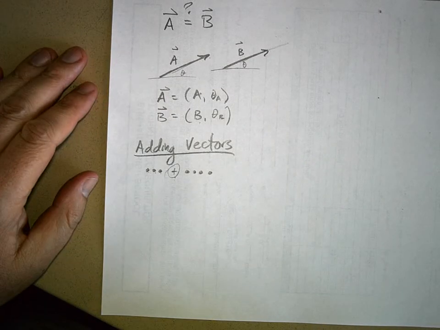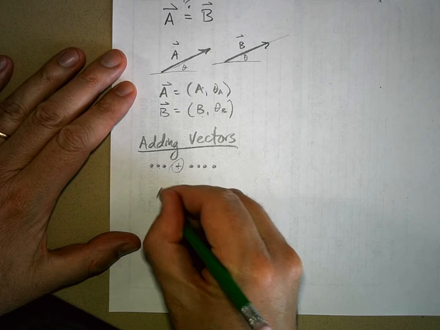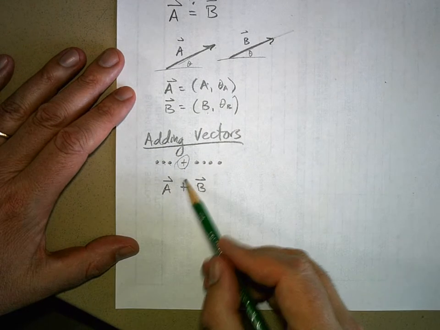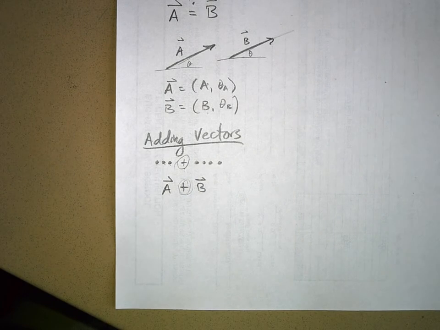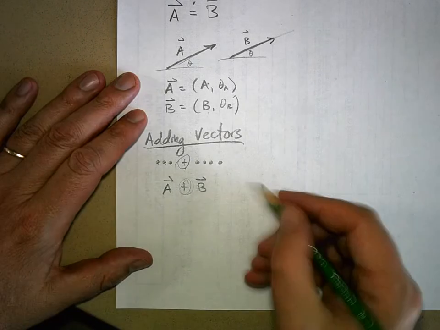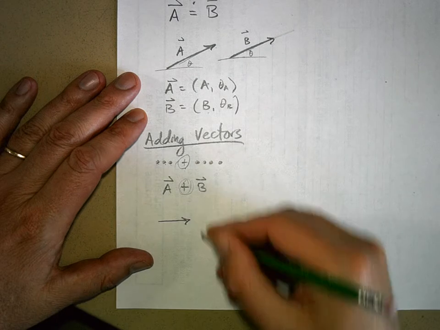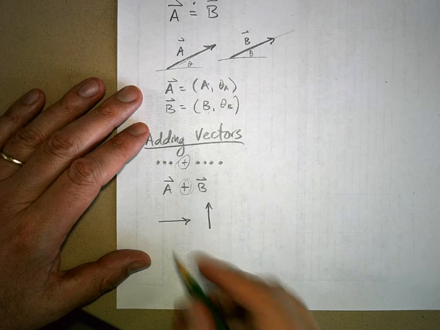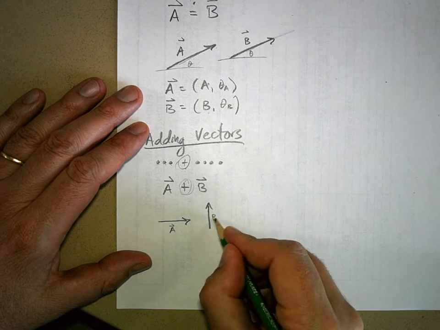Now if I go A plus B, the plus sign means something different now. It's not saying count them together, because what are you counting? No, it says hook them up head to tail and figure out what you get. Let's say A looks like this and B looks like this. So if I want to know what I get when I go A plus B,